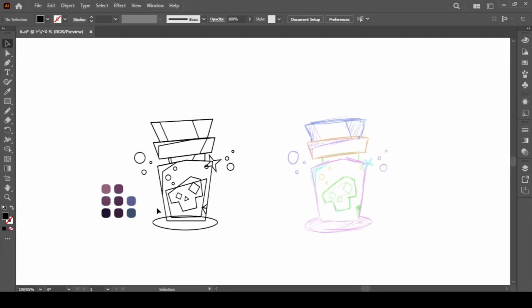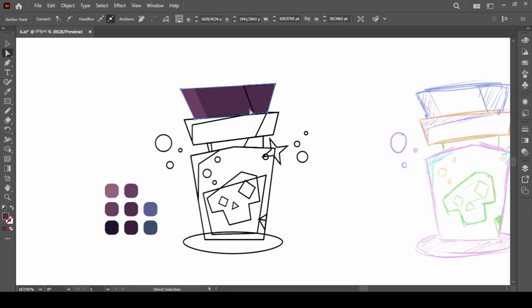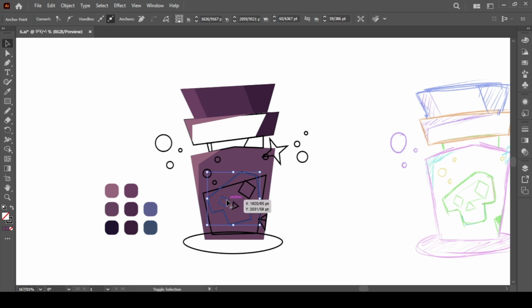After completing the lines, we come to the step of adding color. You can take a photo of the same color palette that I put in the corner of the page and use it